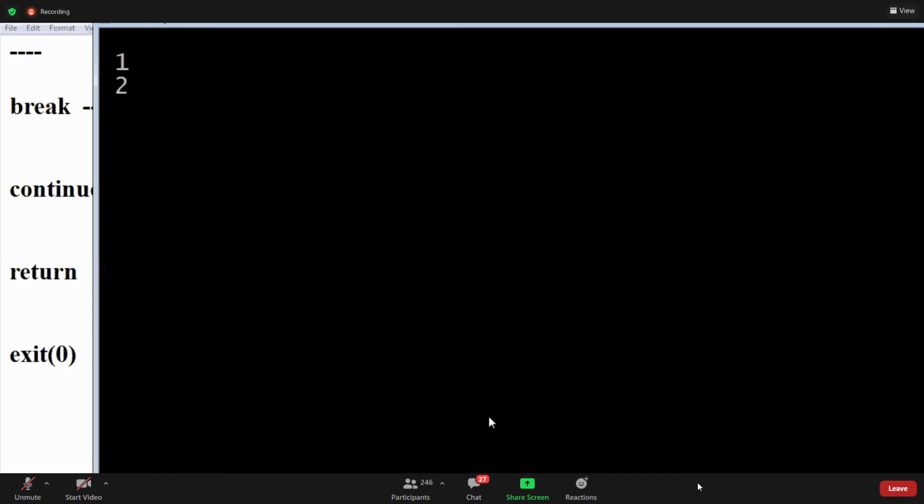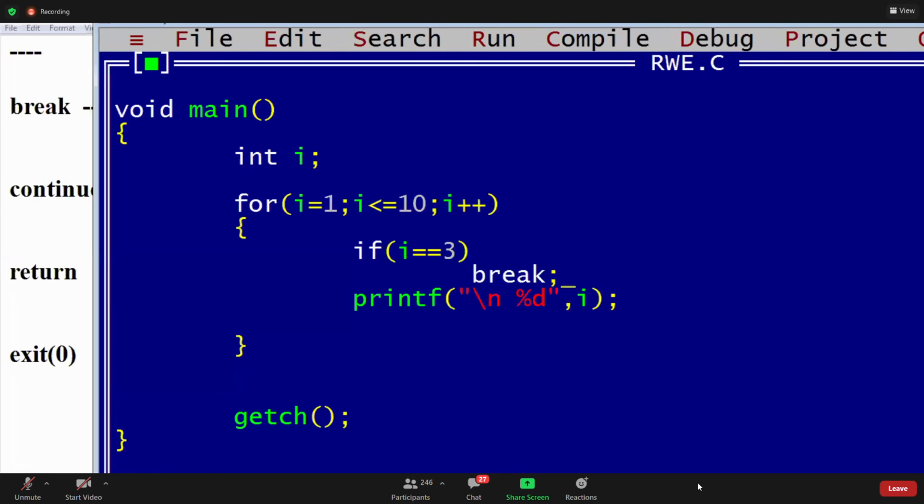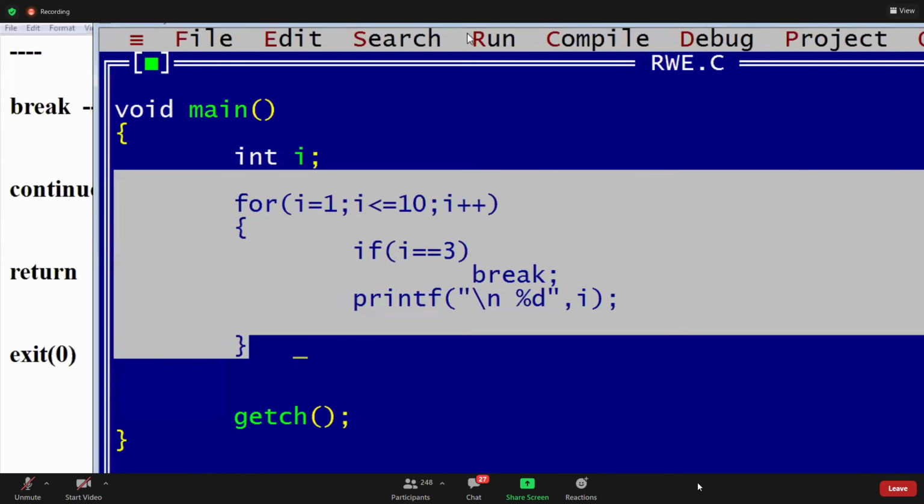Yeah, write this example first. Guys, what is the output? 1, 2 is the answer, right?